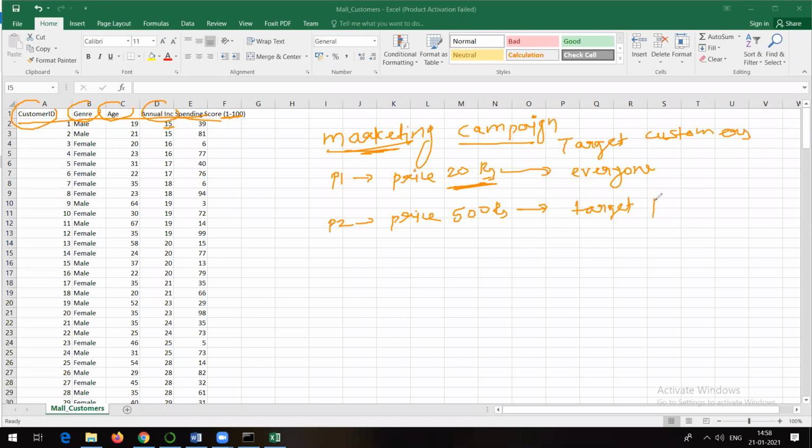For example, the people whose income is more and whose expenditure is more. Income is more and expenditure is more. Obviously, those are the targeted people for this kind of group. But you might be knowing that it's not like that only the people.